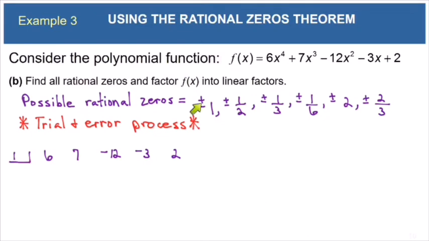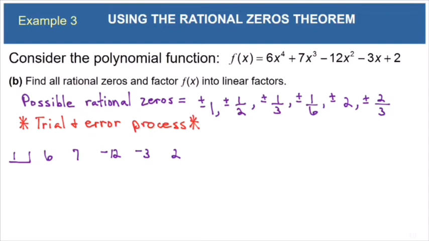I'm going to test positive 1, and if it works, then I'll say, great, I found a 0. And if it doesn't work, then I'll know that positive 1 is not a 0, and I'll try negative 1. And if neither one of those numbers works, you might think that the next thing I would do would be to try the plus and minus 1/2, but actually, because 1/2 is a fraction, it makes the synthetic division process just a little more complicated, of course.